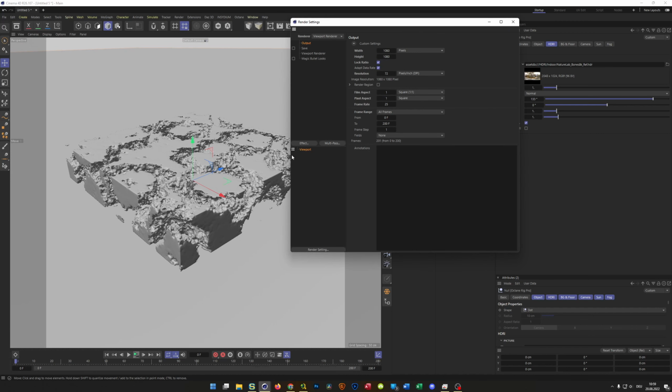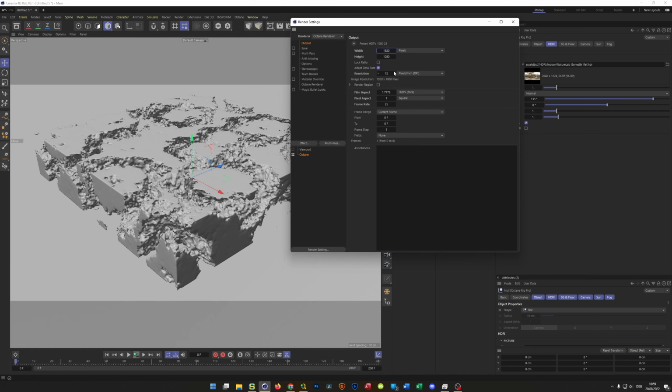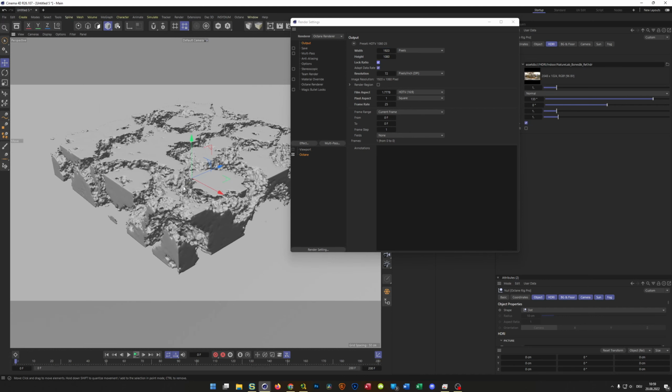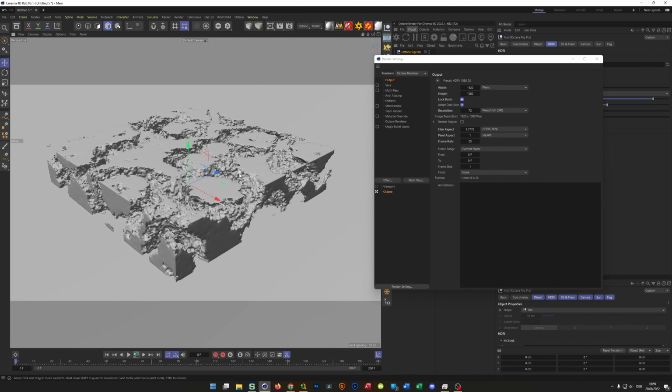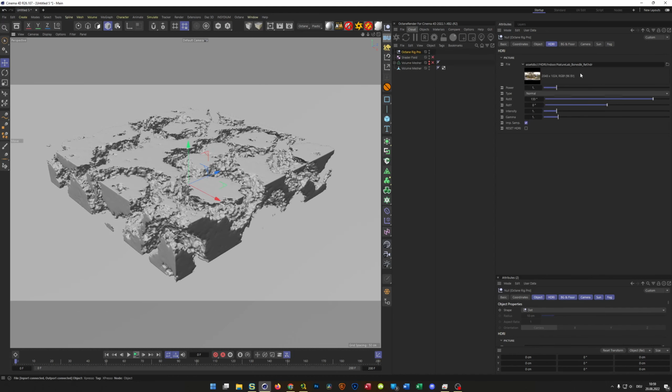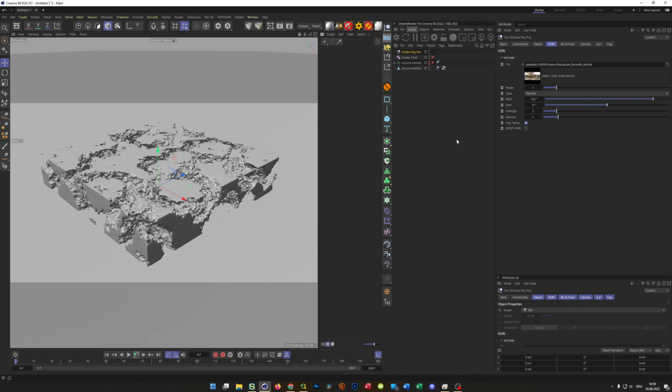And in the render setting I go to my Octane render and set this to 16 by 9 for this one. Okay, should be fine. And now with Shift F2 I bring up my material manager, and I need, as I